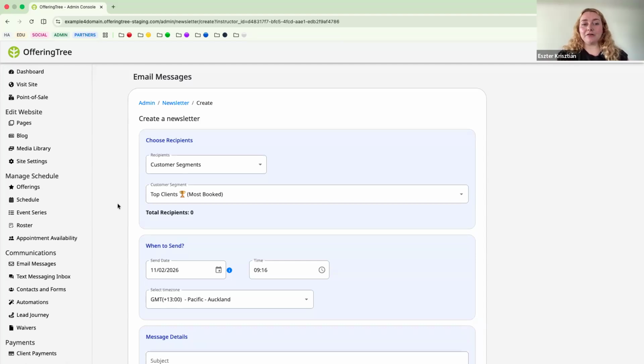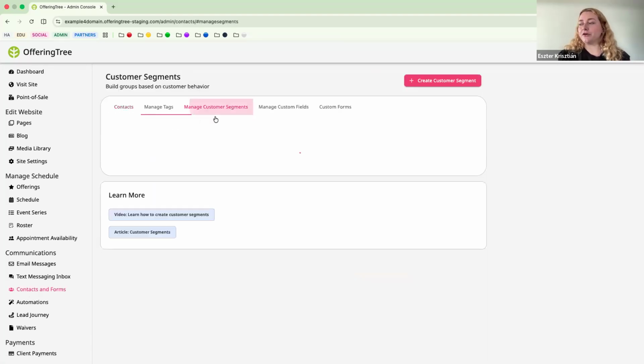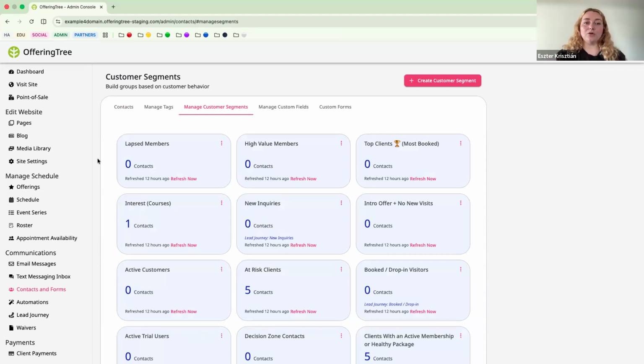To use segments as well. I really like them in automations because, as mentioned again, segments kind of check everything in the background themselves. An automation has different conditions that it will check for, but a segment will also monitor how your client's behaving. So for example, they haven't come for a session for a few weeks, but then all of a sudden they purchase a new package or a new membership and they start going actively, they will be removed from that customer segment that says they are not active or at risk